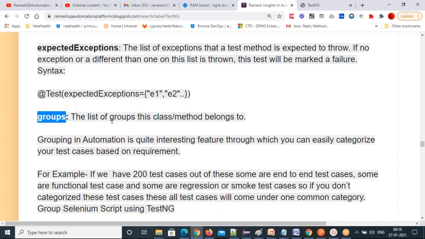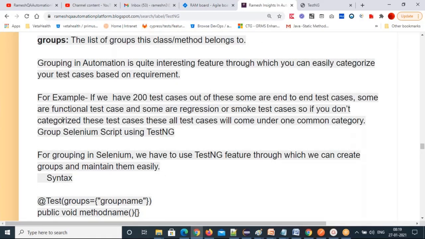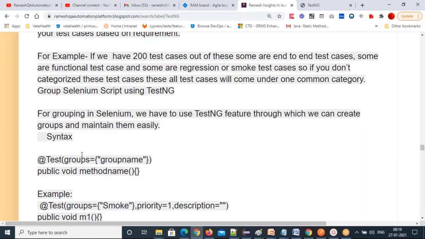That categorization you can do while designing the test case itself. You can say, okay, this test case belongs to the smoke group, this test case belongs to end-to-end, and this test case belongs to regression. That's how we can categorize with the groups keyword. So how to group it? @Test(groups = {...}) with curly braces, and inside write your group name.